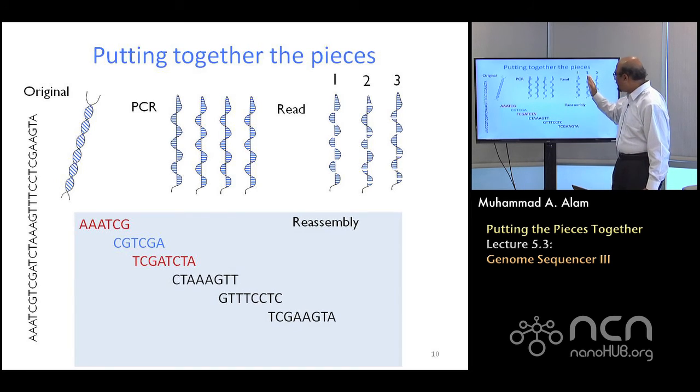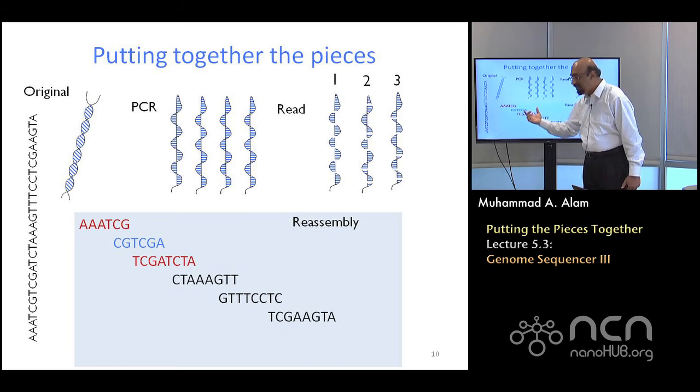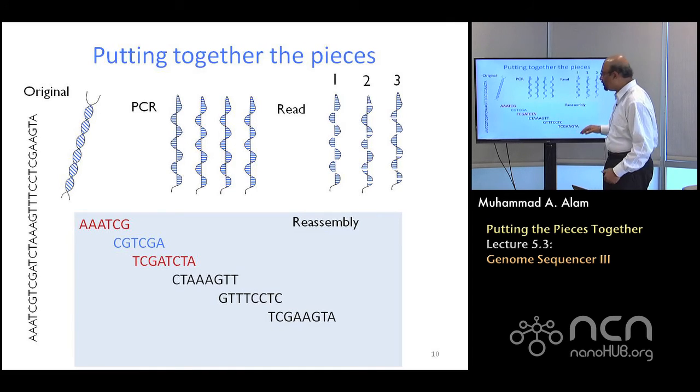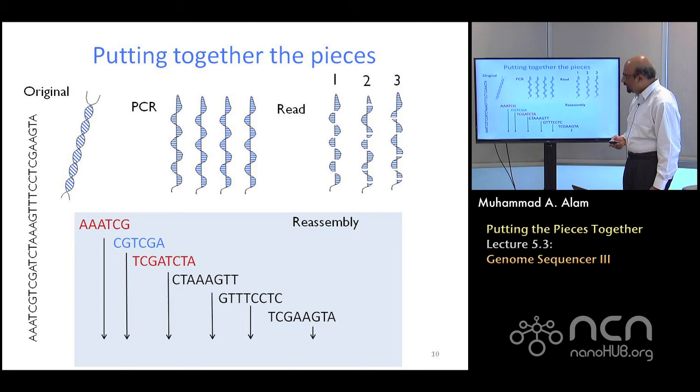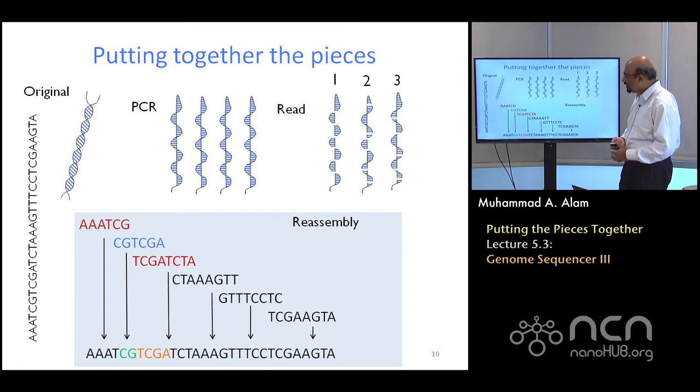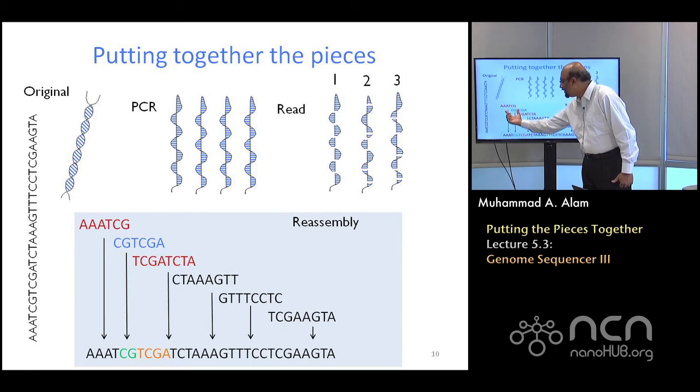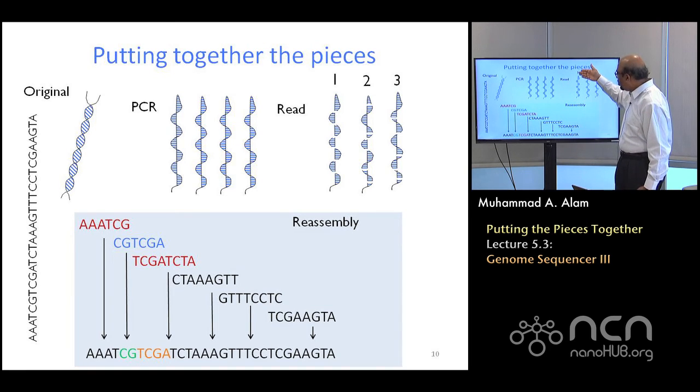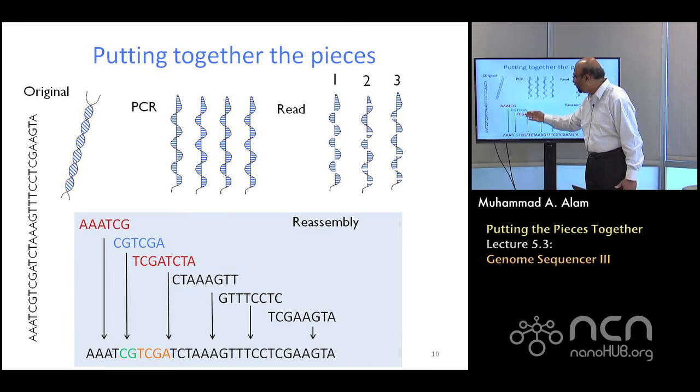Now, in the next experiment, experiment 2, you'll again get another random sequence. Let's say in experiment 2, it starts with CGTCGA, that's one. And then you have another sequence from experiment 2, and so on and so forth. So you have a couple of experiments. Now you see, the way you can put them together is that this segment of the blue has overlap with the segment in the red.